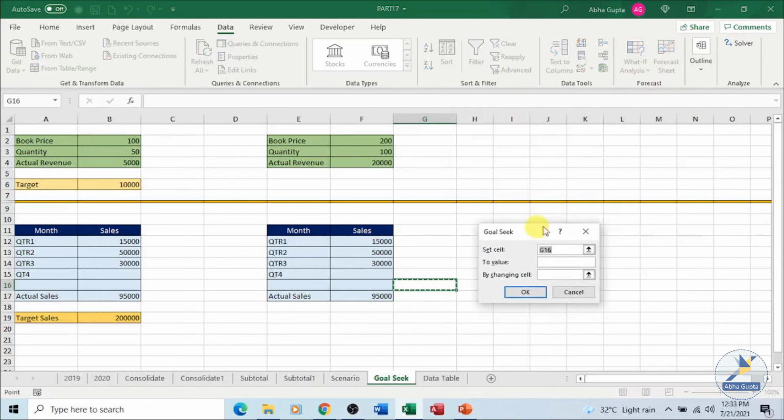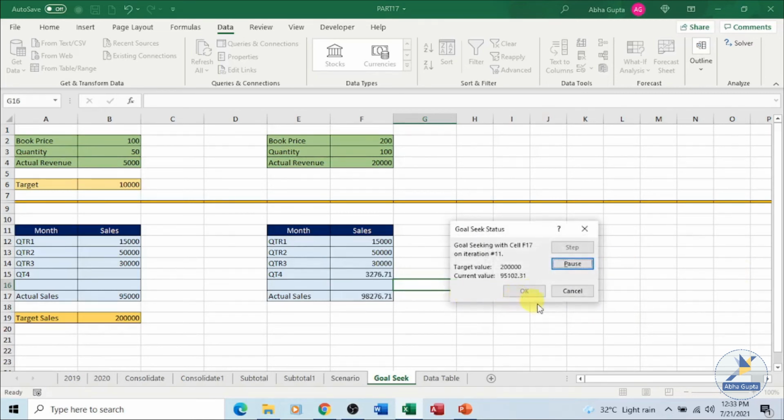Let me put it over here. I want to set this particular cell to a value that I want to achieve as the goal over here, to a value of, this is the value which I am looking for, 2 lakh. And by changing which cell? I want to see how much sales I should have in quarter 4 to achieve this target of 2 lakhs. Click on OK.